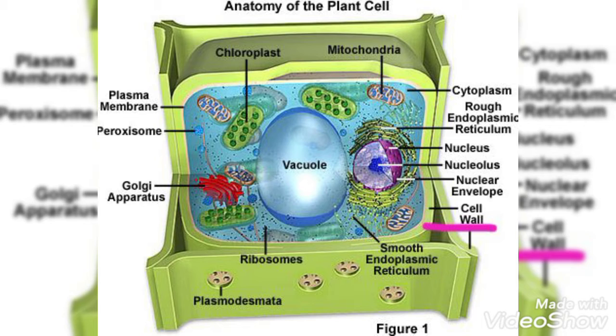Animal cells do not have cell walls. Vacuoles. These are large membrane-enclosed compartments that store toxic waste as well as useful products such as water. These are mainly found in plants. Plasmodesmata are small channels that directly connect the cytoplasm of neighboring plant cells to each other, establishing living bridges between